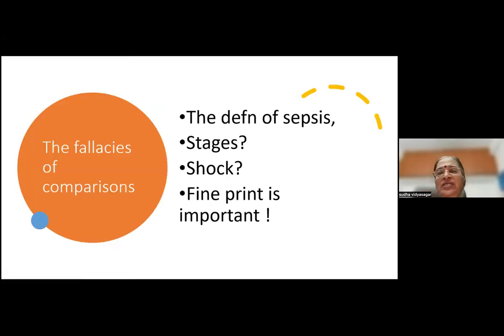So one of the things when we read all these studies about comparison of the biomarkers, there are so many. If you just Google it up, you'll find 100, 200 studies on biomarkers in sepsis. If you look at the fine print, you will find that the way they diagnose sepsis is different in each study. And when they are comparing a biomarker, whether they use the biomarker for septic shock or for severe sepsis, what was the SOFA score, these things are not very clear. Sometimes you can't compare two studies because one has used one definition and one criteria, the other has used another definition and another criteria.